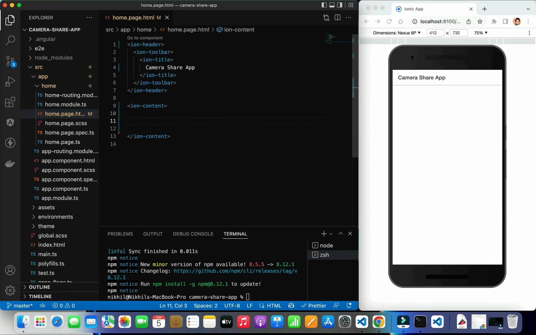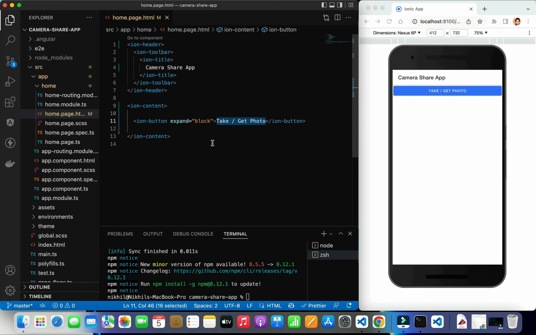Well, let me create a button out here. So ion-button, I'll expand it to block. Alright, and I will name it as "take or get photo". This is the name that I'm going to give to this particular button. If I click on it, I have the option to choose whether I want to take a photo or get a photo. You can have different buttons also, but I want to use the same button only for doing this